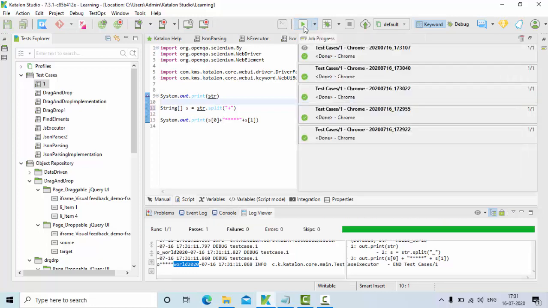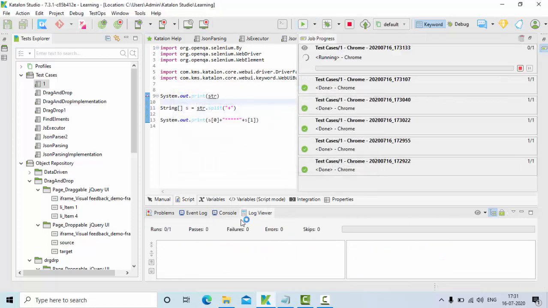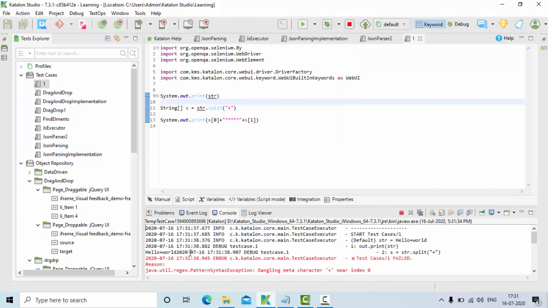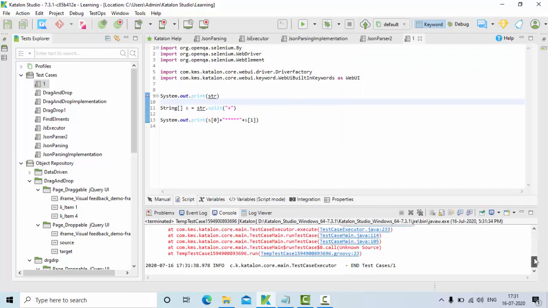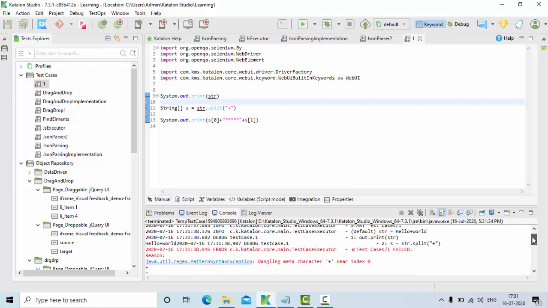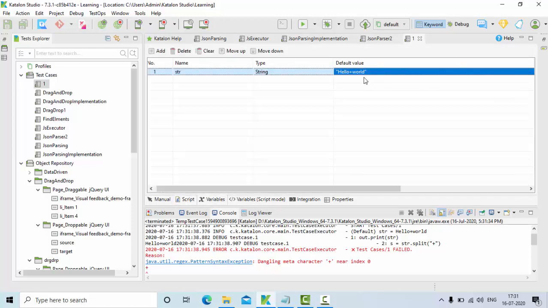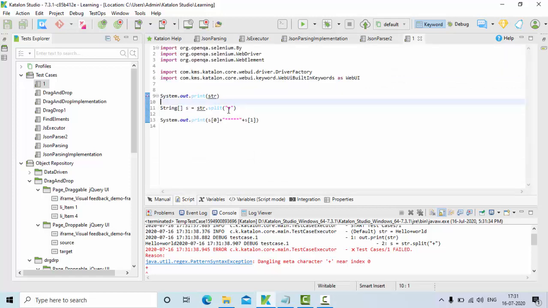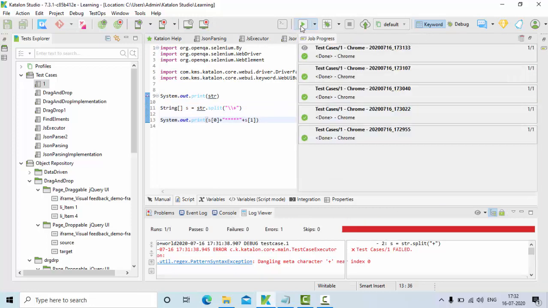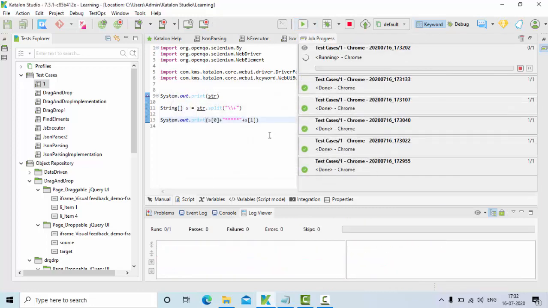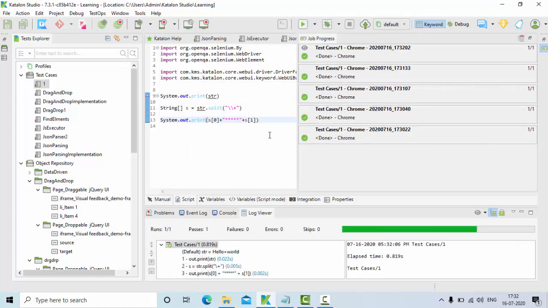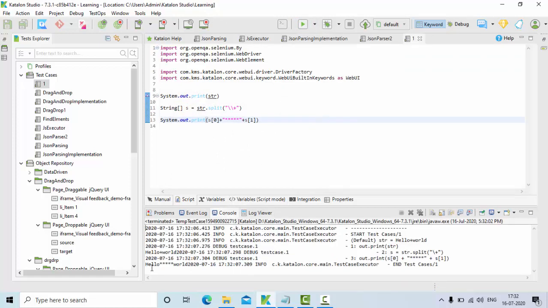Let me execute this. Go to the console. Now no character is split. So just go to the variable: hello plus world, the plus symbol is there. Now just try to use that here. Now you can see it got split properly.